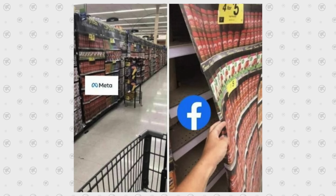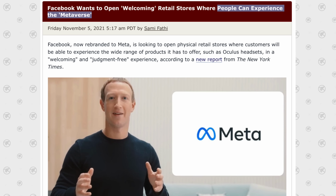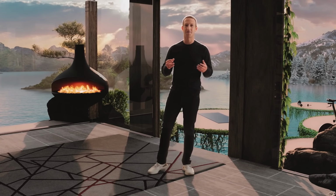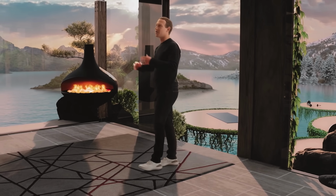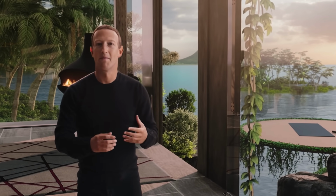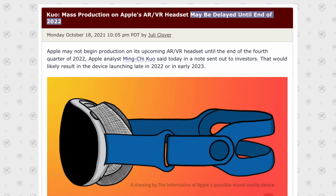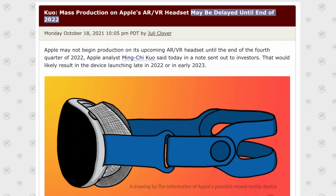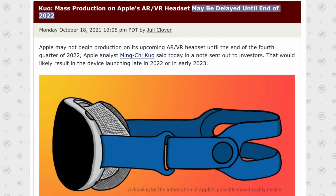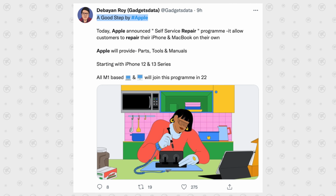Now getting into the next benefit for Apple, we already know that Facebook, or Meta, has announced their VR headset Metaverse, or in other words, a real-life matrix that'll help you escape the real world and instantly upgrade your rundown studio apartment into a $1 million penthouse. And as you might already know, Apple is preparing to launch their own VR headset as soon as next year, potentially alongside their own version of a metaverse. So if they want to gain the trust of millions of customers, they need to start doing it now,